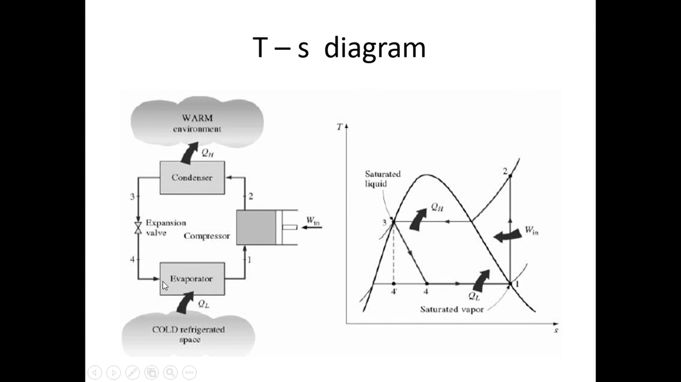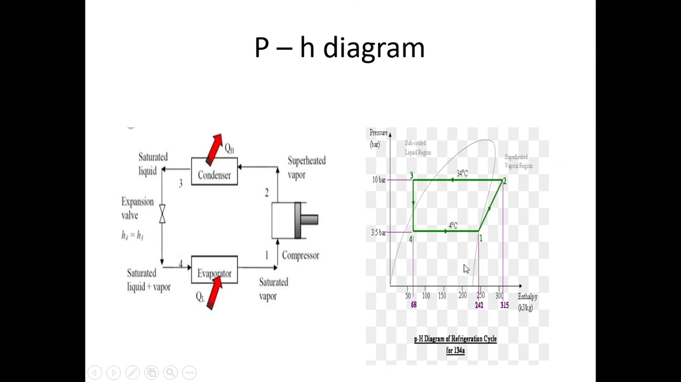Then you have 4 1, which is evaporation. So this is the TS diagram. If you see the pH diagram, the same cycle on a pH diagram, you have 1 2 during